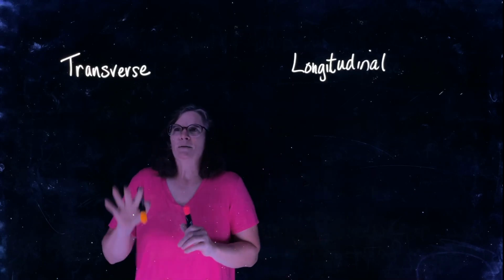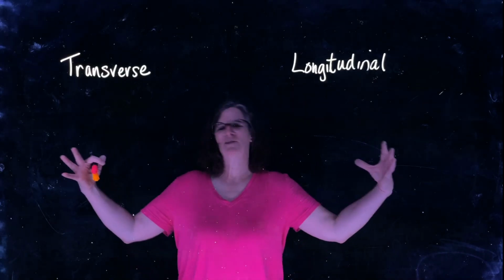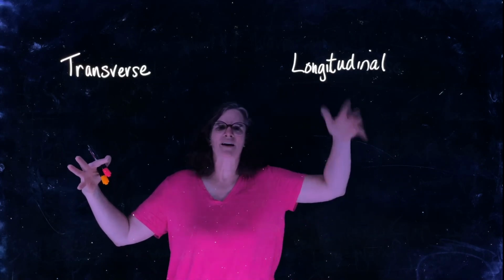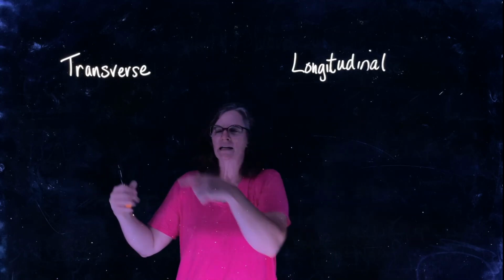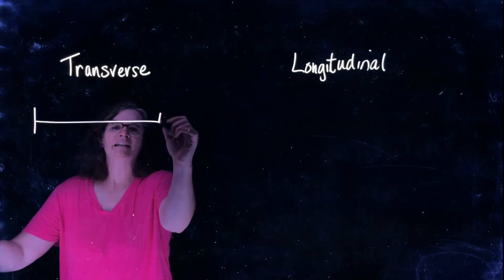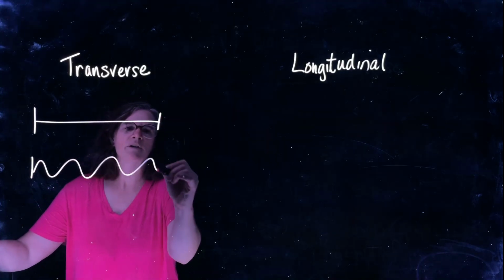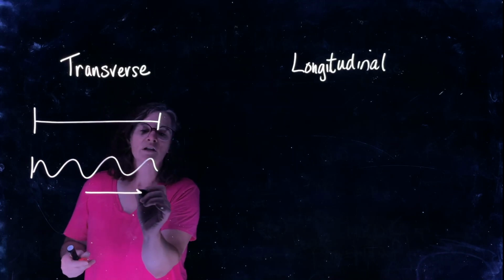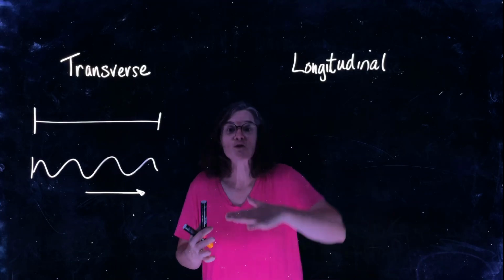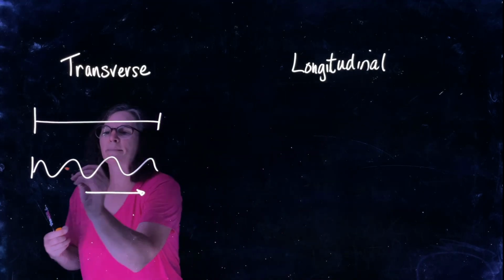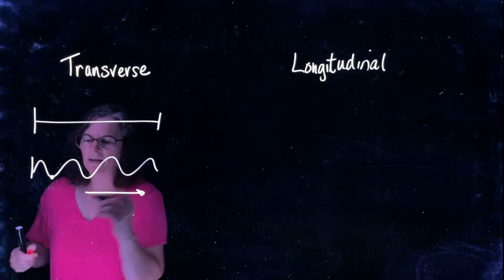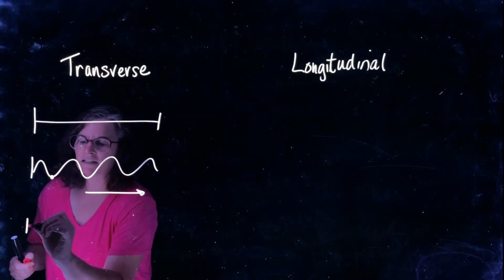Now, the easier one is the transverse wave. So imagine that I have a slinky and I move one end up and down. We see this wave travel down the slinky. If this were my slinky and I move it up and down, we see this wave travel along the slinky. However, the slinky itself is moving up and down. So if I look at a particle, a point on that slinky, at one point in time it's maybe at a crest, and at the next point in time,